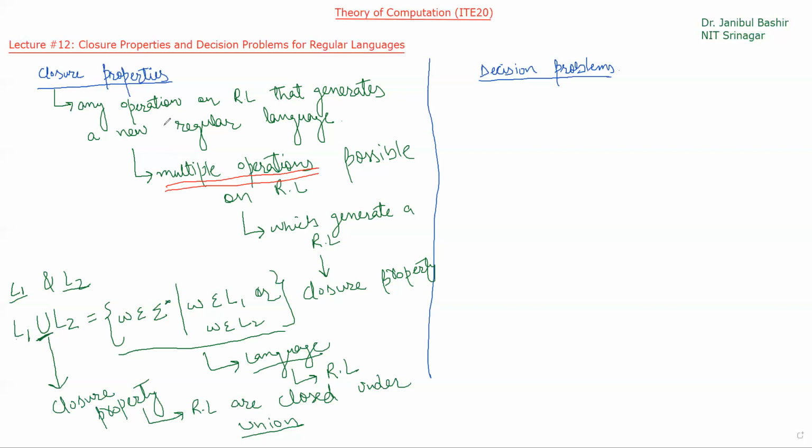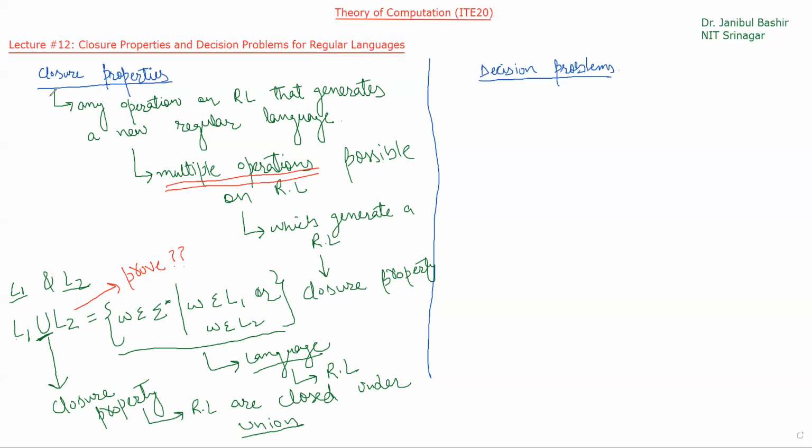So we have to discuss different properties of regular language which are closure properties. What does that mean? We have to discuss the operations such that when those operations are applied on regular language, the new language that is generated will also be a regular language. We will discuss those operations and we will prove them. What does proving those operations mean? Here I am saying that regular languages are closed under union, but we have to prove this formally.